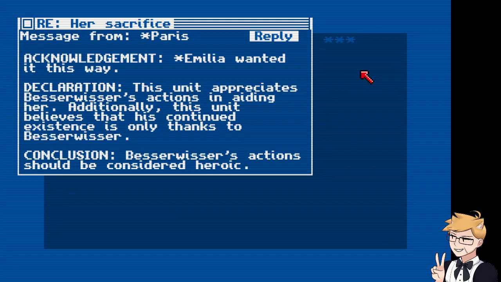Emilia wanted this way. This unit appreciated better action and aiding her. Additionally, this unit believes that it is its own connected